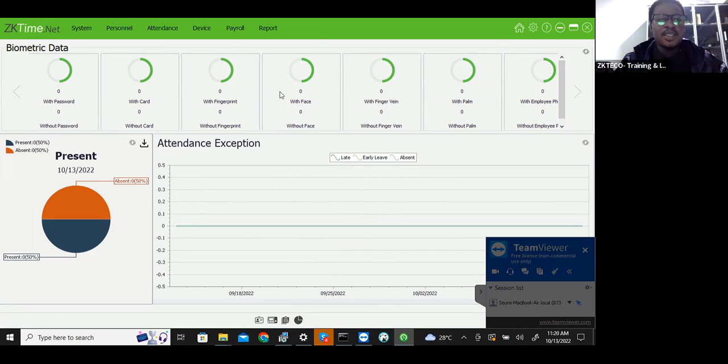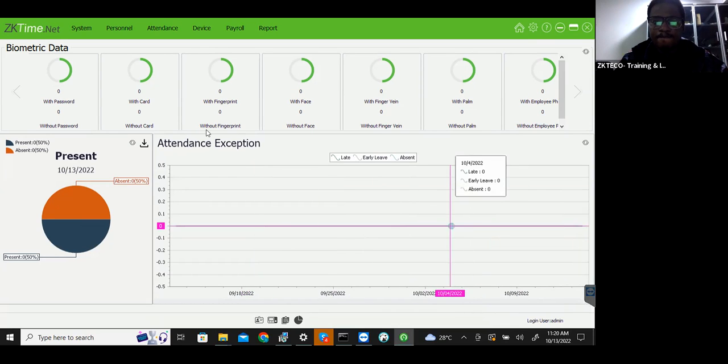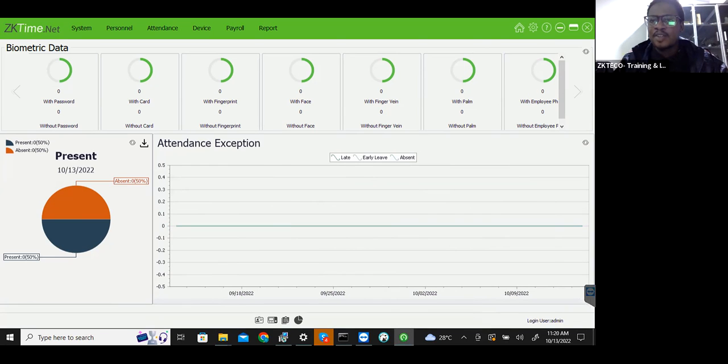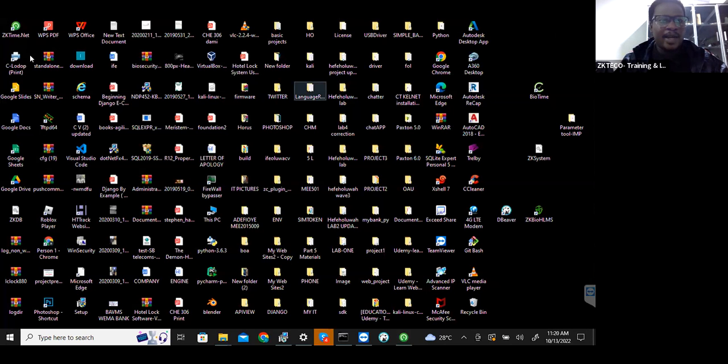You cannot see the ZKTimeNet? So this is ZKTimeNet. ZKTimeNet is an application-based software. Let me minimize this. So you can see that unlike